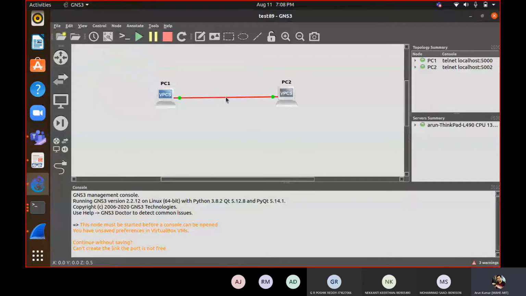You have to right click on this link and click on start capture. Okay sir. Then you have to ping from one PC to another PC, and then check your ARP also, whether it is showing some ARP table values or not.